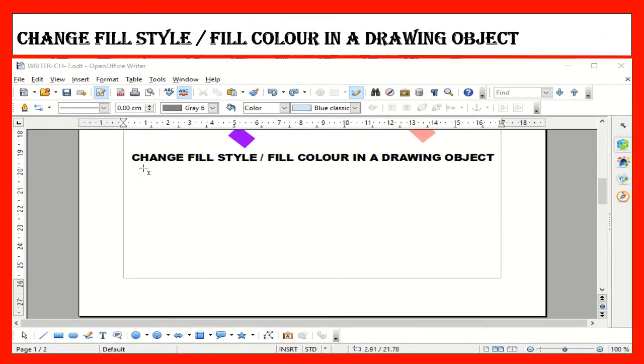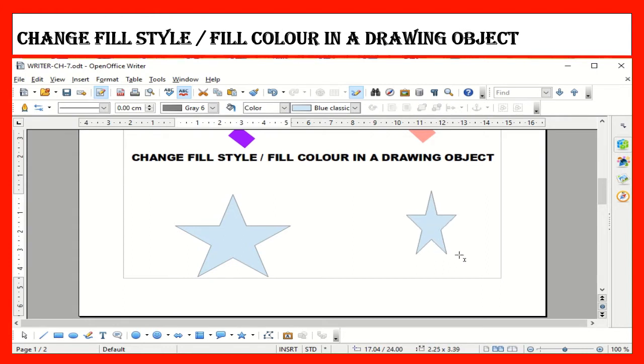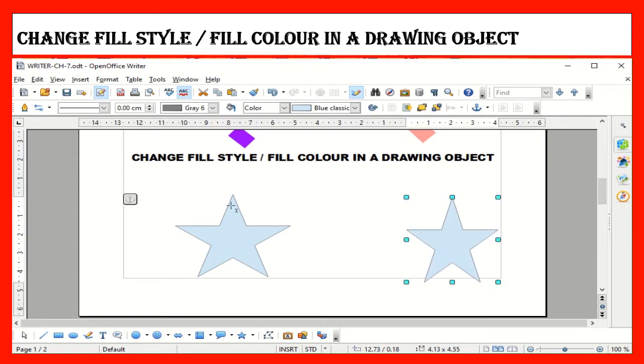Children, now let us see how to change the fill style or fill color in a drawing object. So you can select any of the drawing object from the drawing toolbar. For example, select star and insert star in your document. Now, shall we see how to change the fill style or fill color?